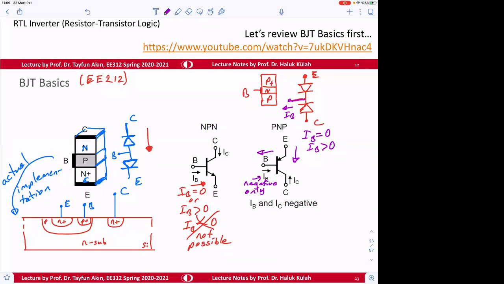So for this device, the PNP device, we define the current direction as down because it's going to be positive that way. So either like this, or we change the direction